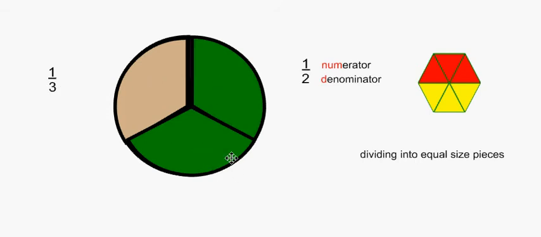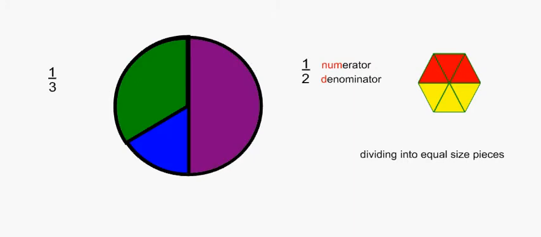So I've got 1 out of 3, or I could say I have 1 shaded piece of, and each of these are size 3 pieces. I can continue and divide my circle up into this, and we'll notice most students recognize this one. This is a quarter, so we can write that as a symbol. So I have one circle and I divided it into 4 different pieces, and I could think of it as I have one yellow shaded region out of 4 possible regions,